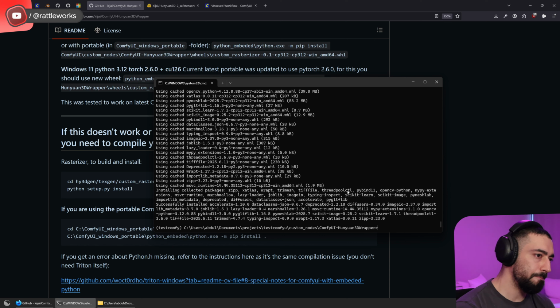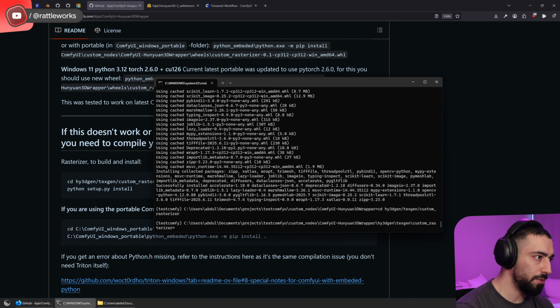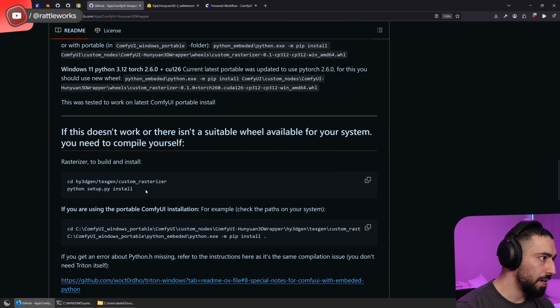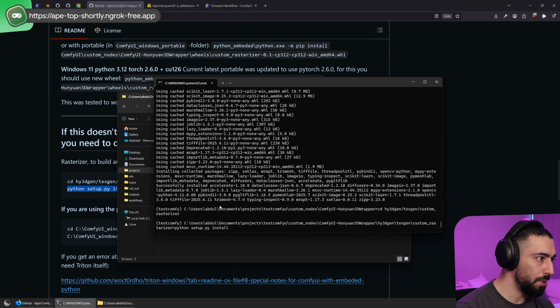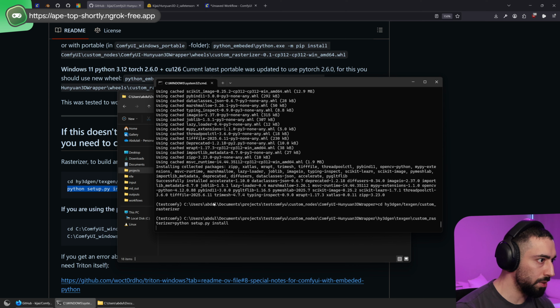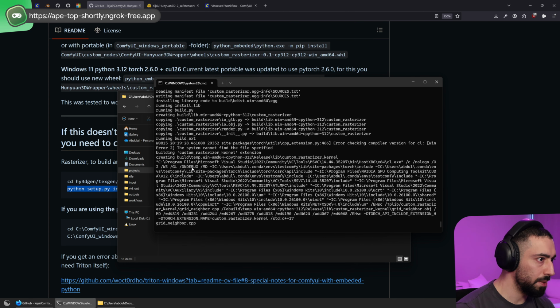And okay, let's go into this folder, custom rasterizer, and then we are going to just keep going along with the instructions. So this will start building,